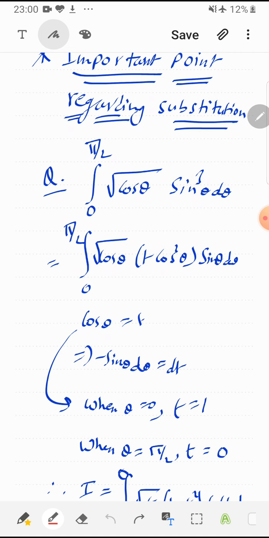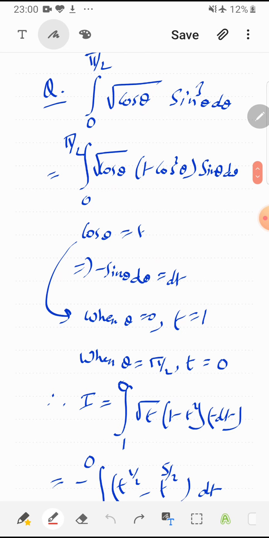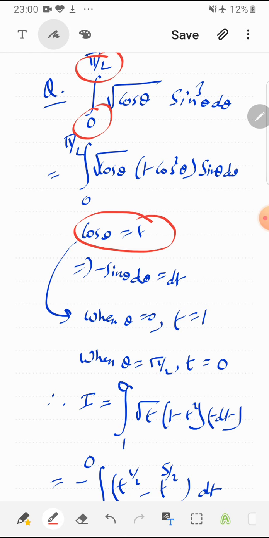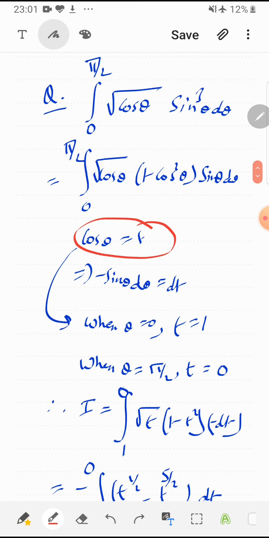So if the question belongs to indefinite integration, I will do this question, I will resubstitute theta and then I will put the limit. But here if we change the limit, then no need to resubstitute t in terms of theta. How to change the limit? Let us see. This is the step when I have substituted cos theta is equal to t. So this will help me to find the new limit, and obviously we want new limit because now we are changing the function and these limits belong to theta. So obviously if the function is changed, limit will also be changed.